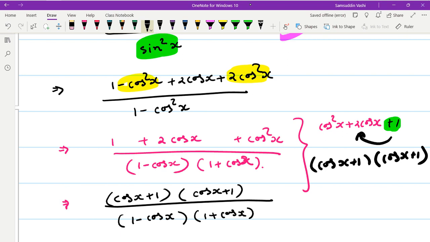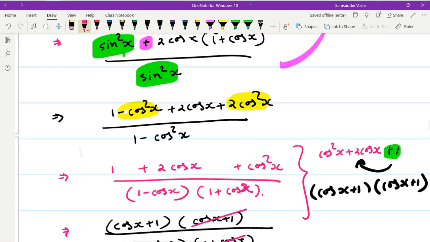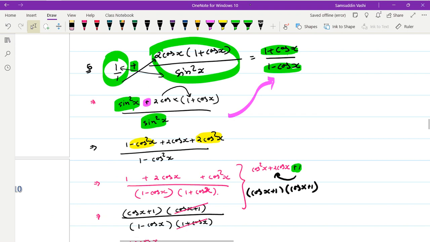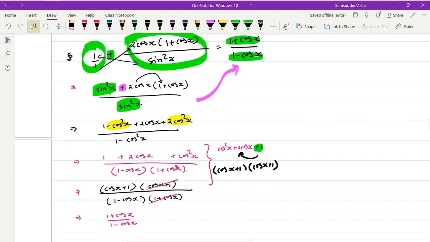I can cancel it. So what happens? 1 plus cos x cancels. What am I left with? 1 plus cos x over 1 minus cos x. And that is what I need. Where is it? Yeah, there it is. Okay. So this is how we deal with